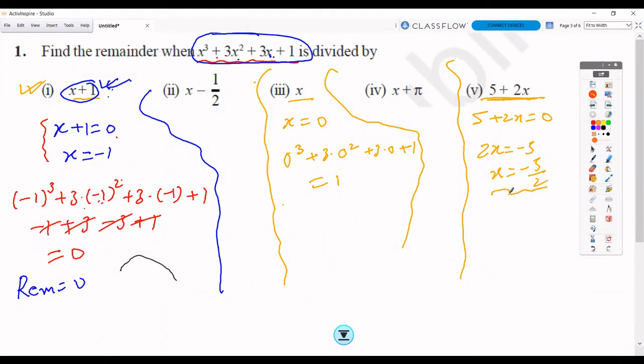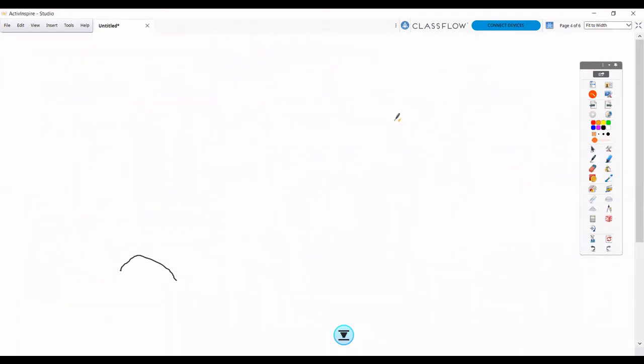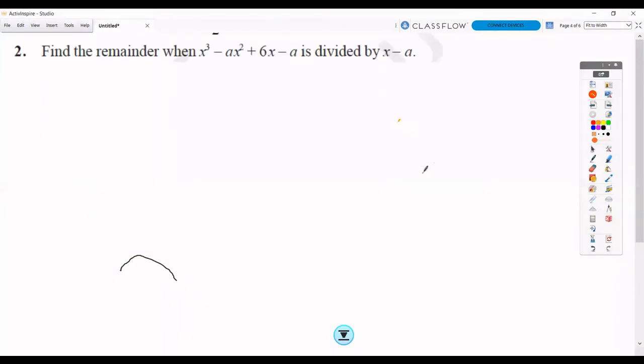These are a little bit confusing parts which we can see here. Now x is equal to minus 5 by 2. You are supposed to replace it in the dividend and you will get the value. Okay, this was what we were supposed to study. Now next we are going to solve the second question from exercise 2.3. You are going to get it from here.